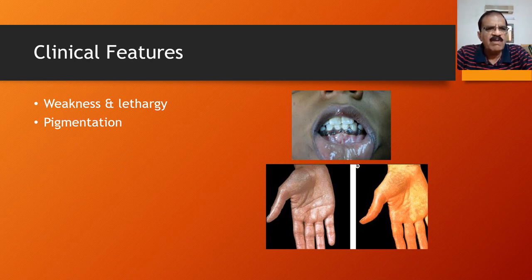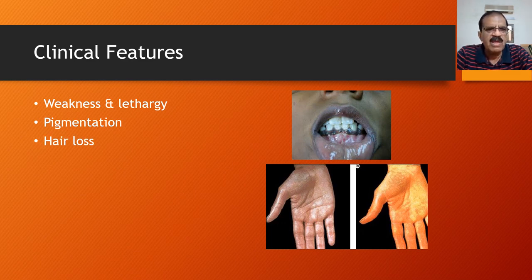Now, where could you find pigmentation? Anywhere, actually. On the skin, in the flexor surfaces, on the palms and the palmar lines, and the mucosae in the lips and the gums. And if you examine the cheeks, you will find some pigmentation there. And if somebody has a scar, especially if that scar developed after the onset of Addison disease, that would be pigmented. And those parts of the body which are normally pigmented, like the areola, might be darkened. So you need to ask the patient if that has happened, and that would contribute to the diagnosis